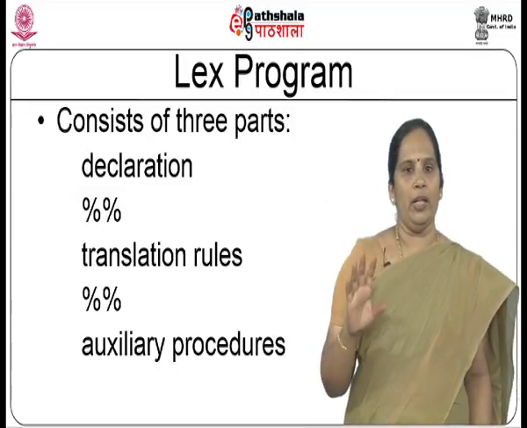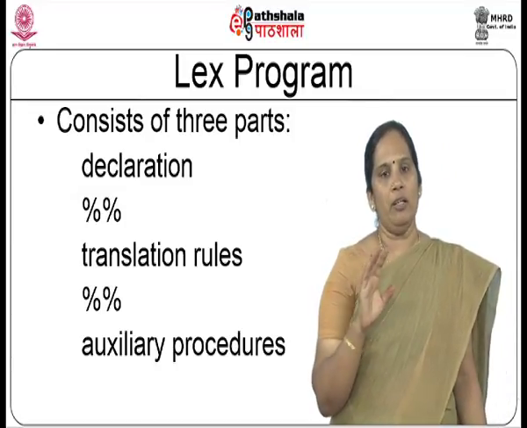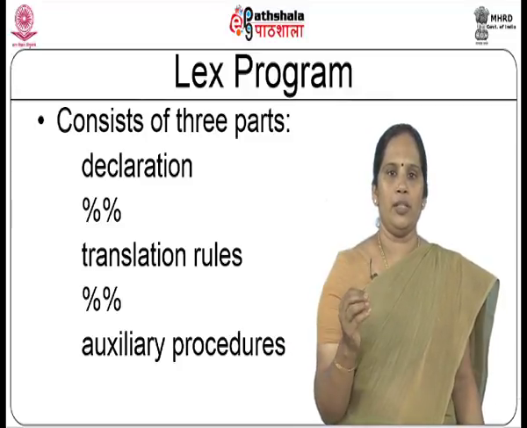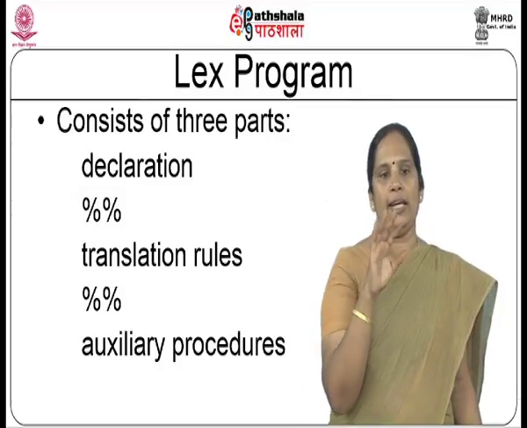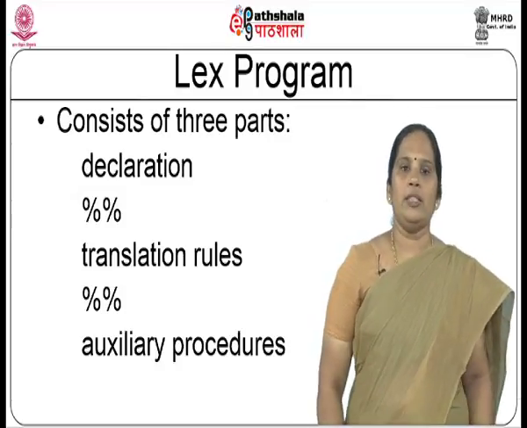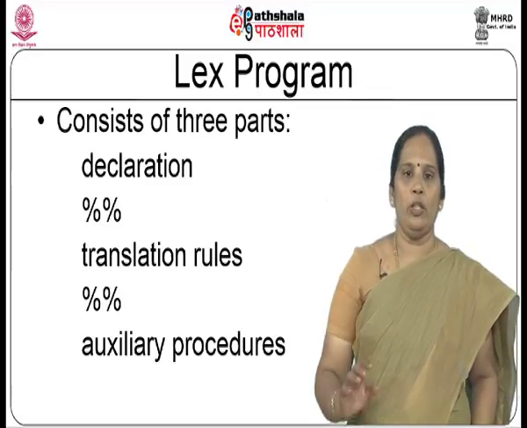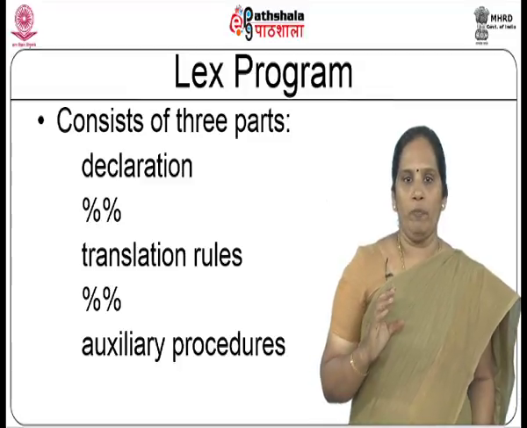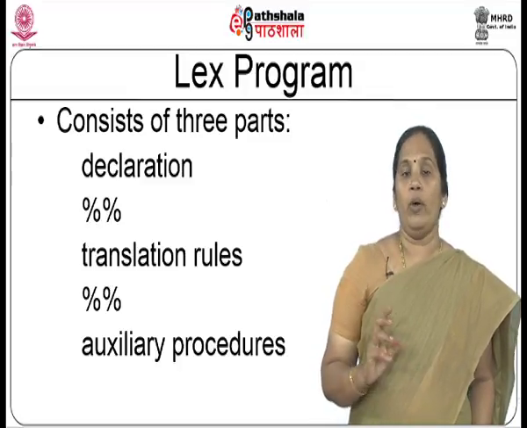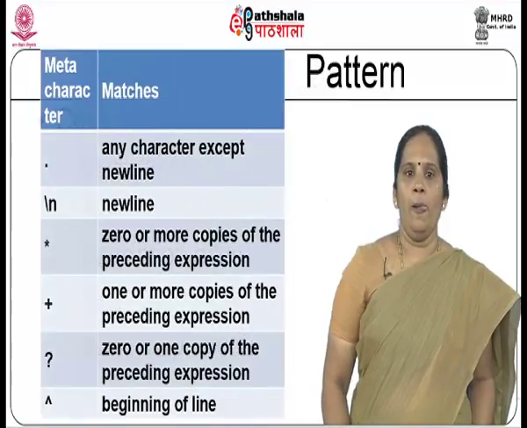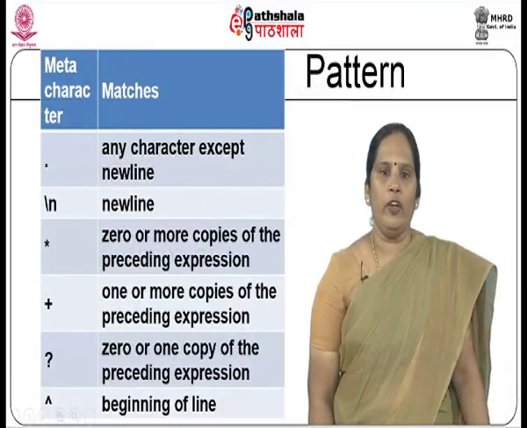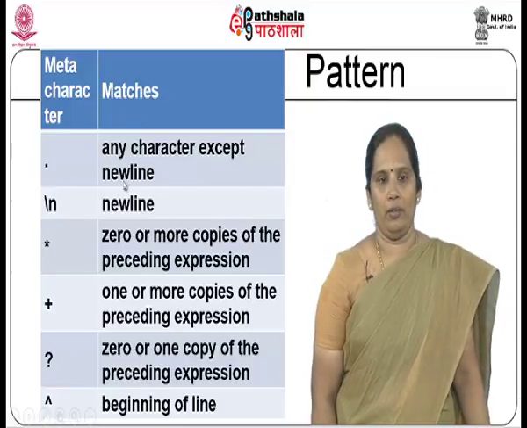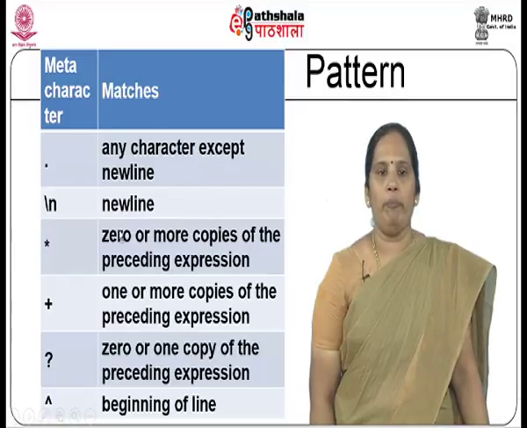So, a Lex program typically consists of 3 parts: the declaration, the translation rules, and the auxiliary procedures. To distinguish the declaration from the translation rules, you have the delimiter double percent. Once my program encounters double percent, it knows that it is entering the next section. Now, what goes into the declaration part? What goes into the translation rules? What is going to be in your auxiliary procedure? Before we get into that, let us see what it takes to match some characters. This will typically be part of your